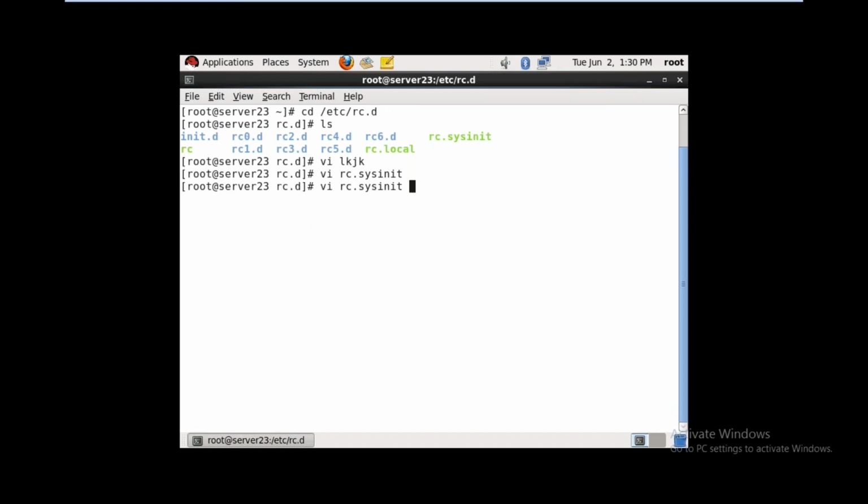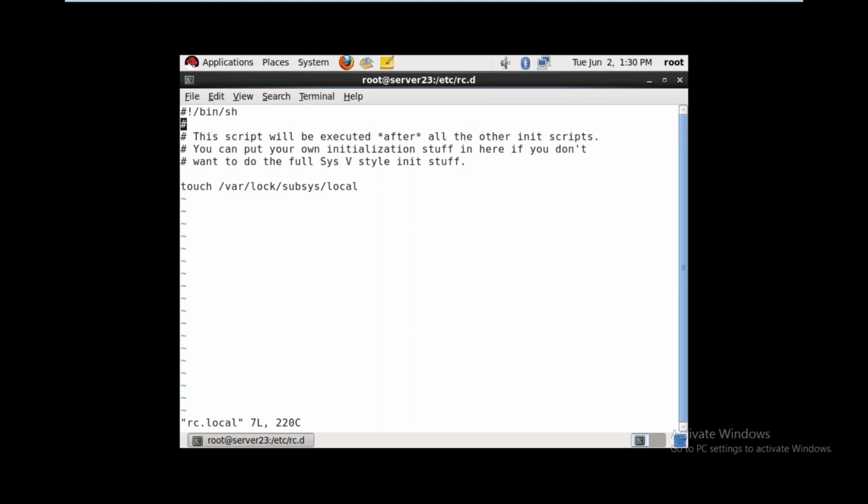In the rc.local file, as system administrator, you can write your own scripts here. See, no scripts here. You have to write your own scripts. Automatically at the time of booting, the scripts will run after execution of the system initialization files. Okay, got it. rc.sysinit is automatically initialized by the system. In rc.local, you have to write your own scripts.